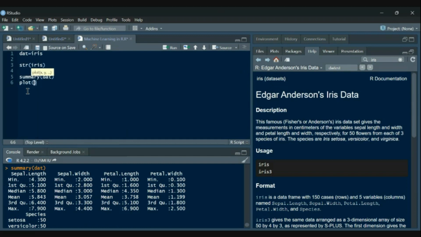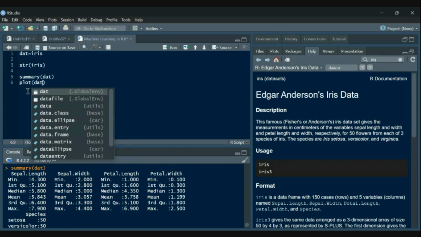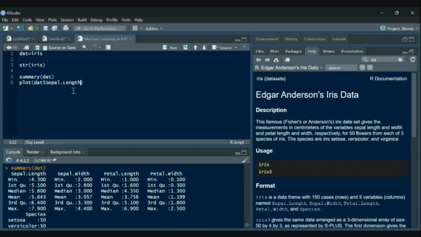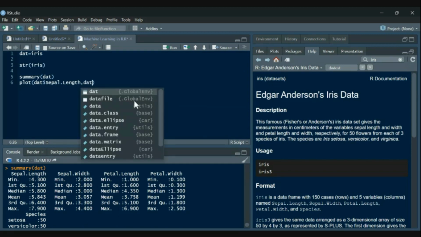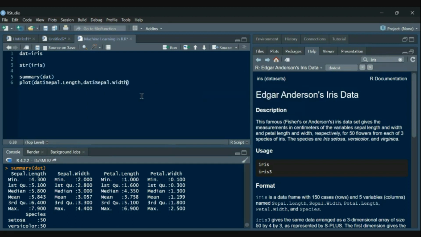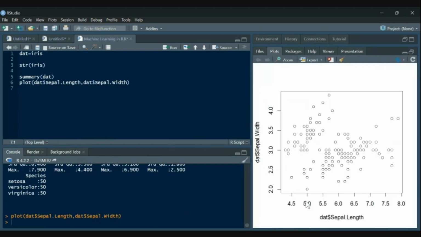Plot, data is DAT dollar sepal length versus sepal width. Let's see how our data looks. It is something like this.